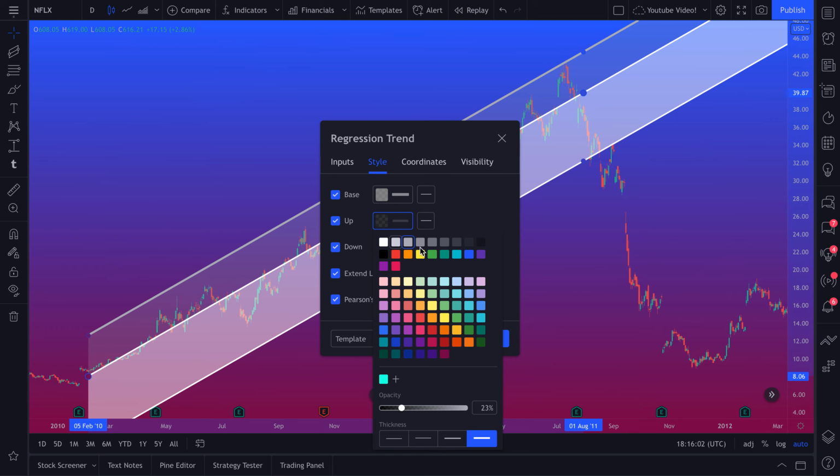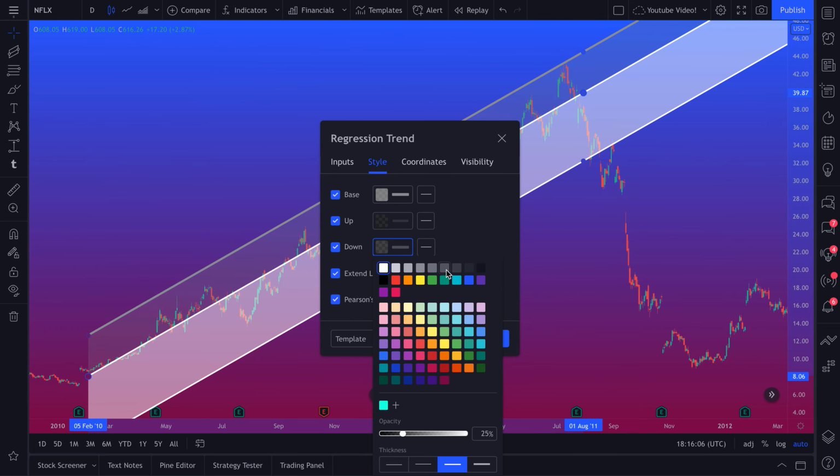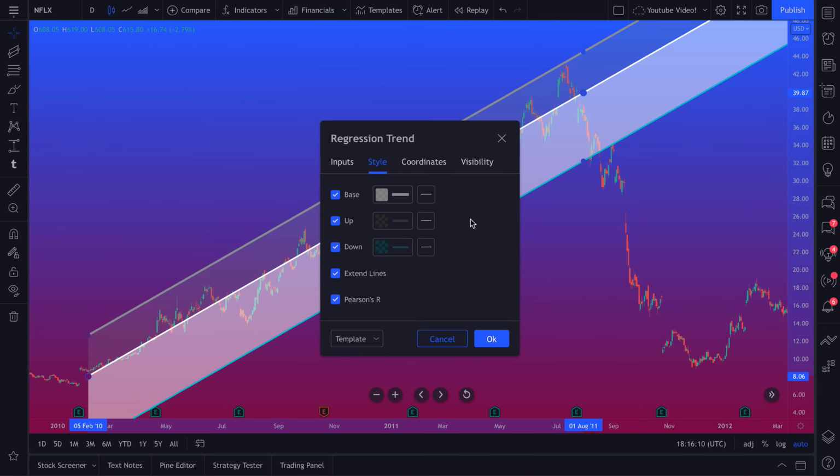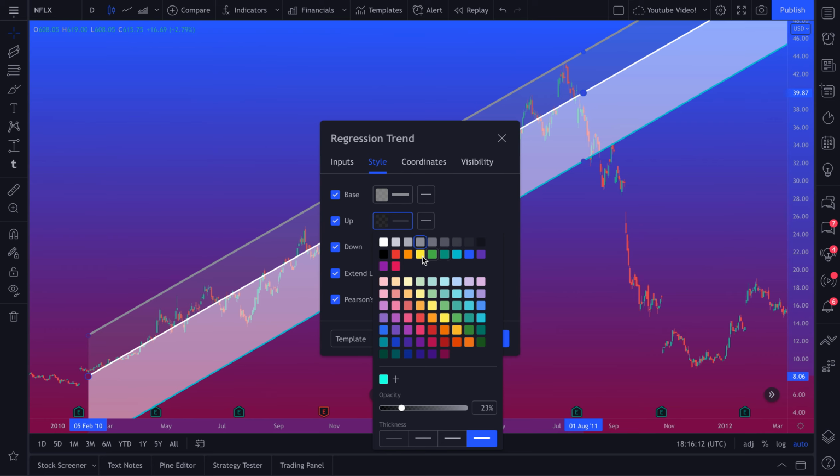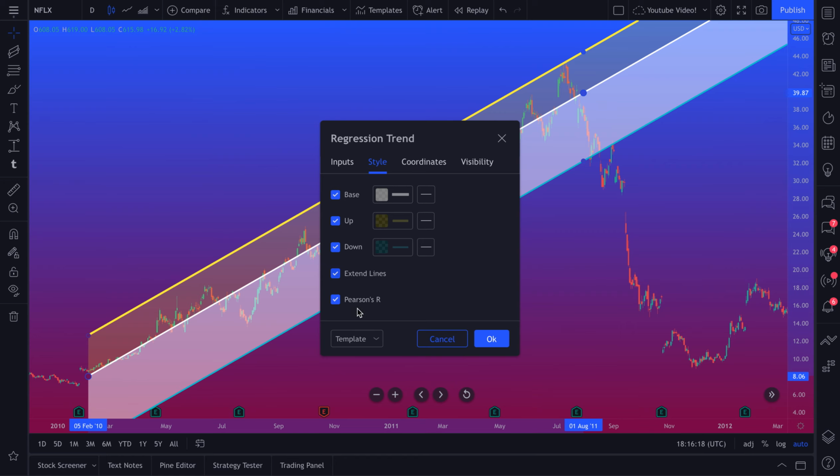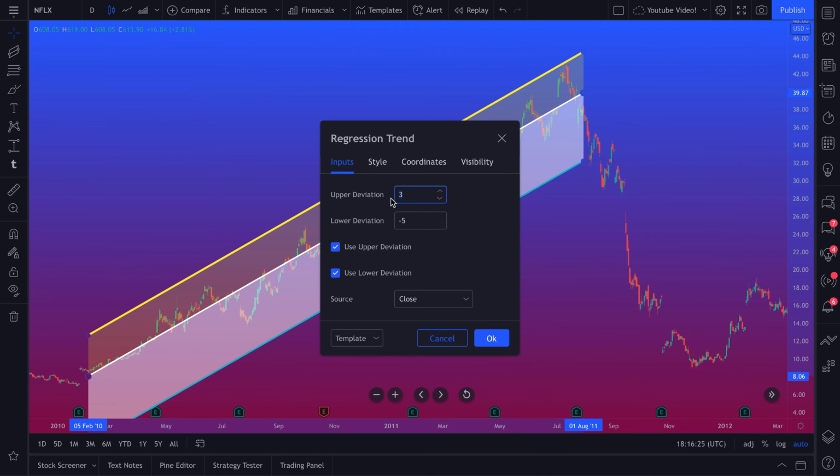The difference is that this regression trend can be used to get more statistical feedback. It's not just a drawing tool. It's actually also going to show you some stats like Pearson's R. You can also extend the lines. Let's not extend them for now. You're also getting deviation, so upper deviation, lower deviation, and you can choose to use either the upper deviation or